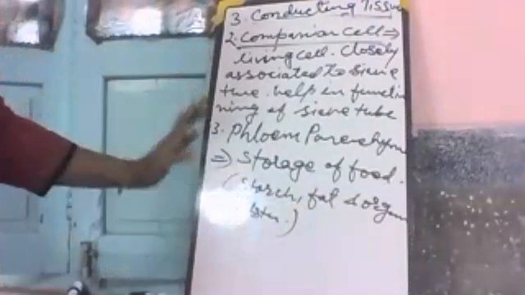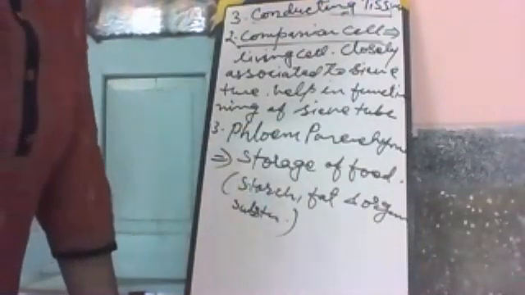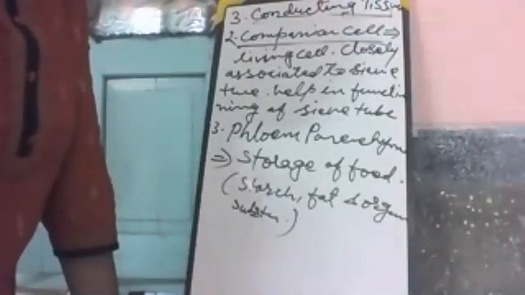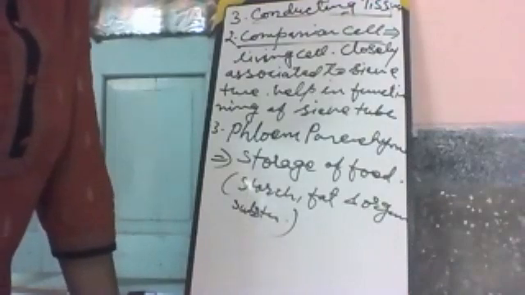This is all about the xylem parenchyma. Xylem parenchyma is concerned with the storage of food in terms of starch, fat and other organic compounds. The last one is phloem sclerenchyma or phloem fiber. The fourth part of phloem tissue is